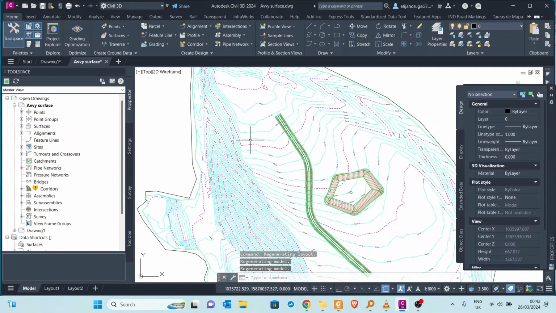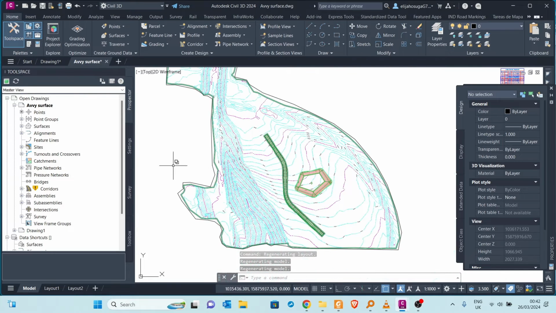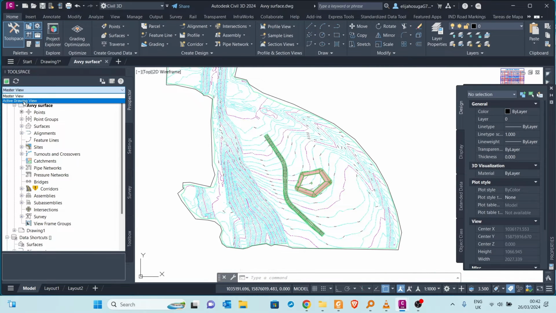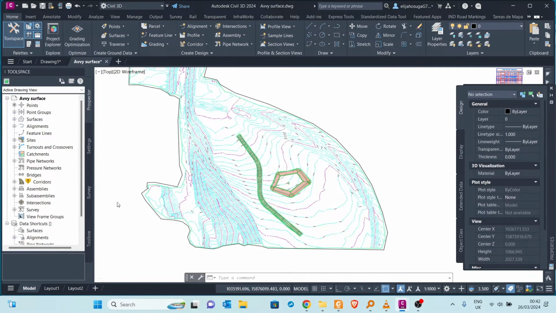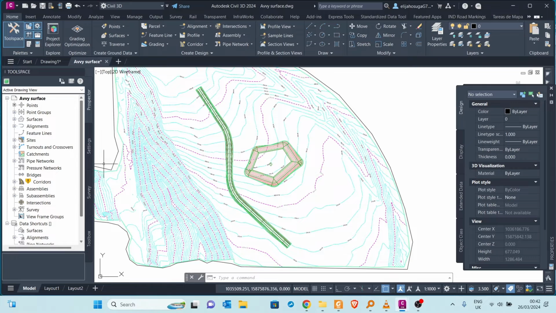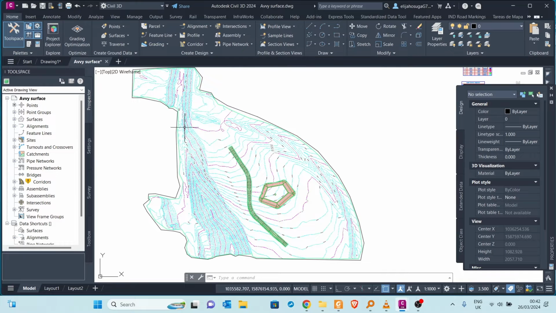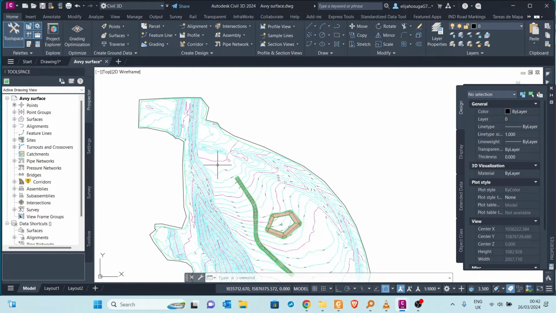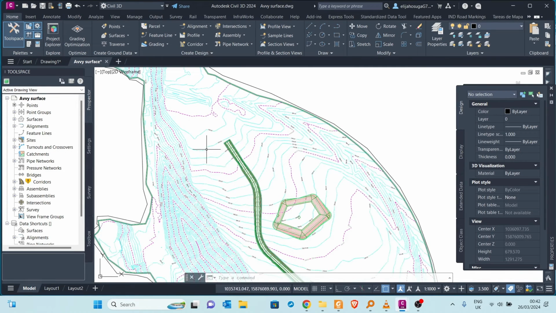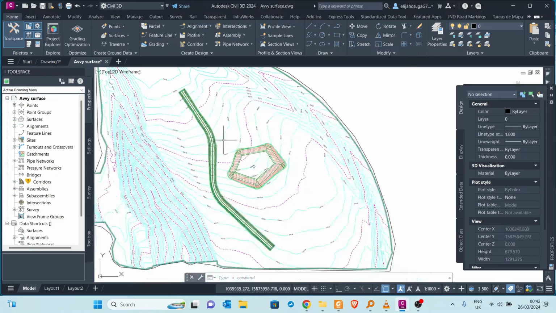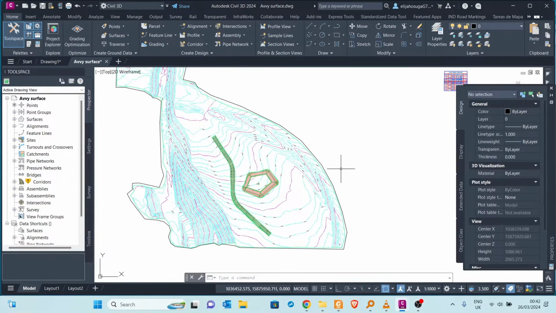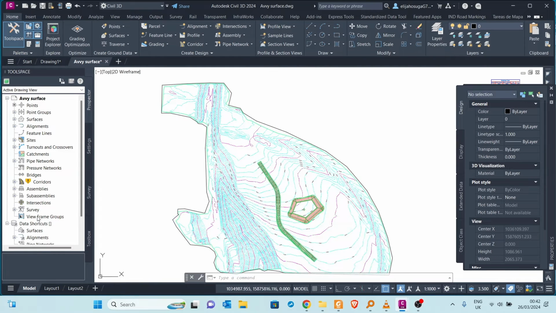So plan production is done in two parts. Before we begin, let me go back to the active drawing view. So plan production can be done in two parts. First, we need to create the view frames that will correspond to our plans, and then we will create the sheets. So for you to create view frames, you can come here to view frame groups under the prospector tab